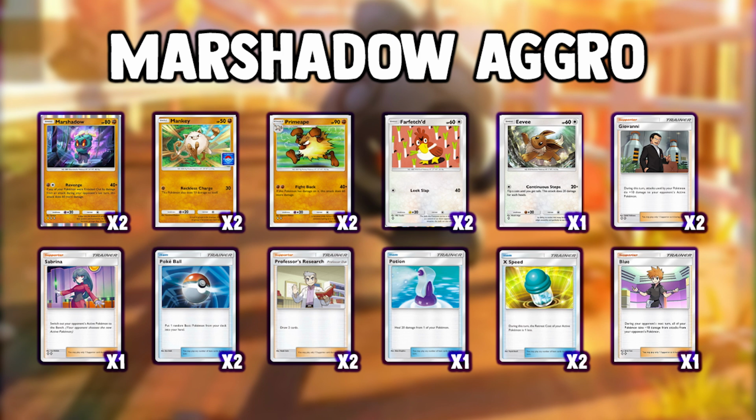So the core of the deck is Marshadow, which is a new card, 80 HP, which is not very high, and it has Revenge. So 40 damage for 2 energy. That's not great. However, if your Pokemon was knocked out during the opponent's last turn, if they attacked it and knocked it out, this attack does 60 more damage. So this attack does 100 damage if one of your Pokemon was knocked out,